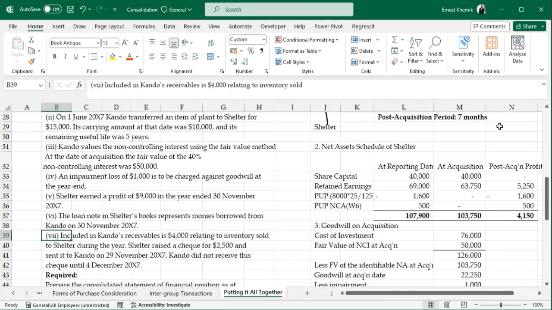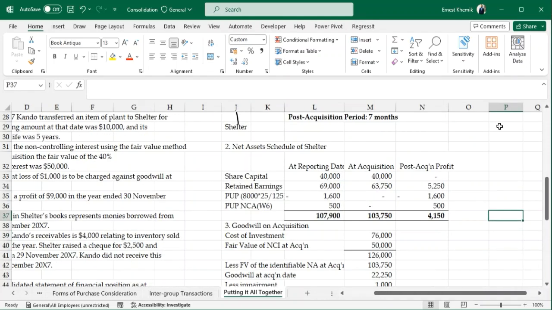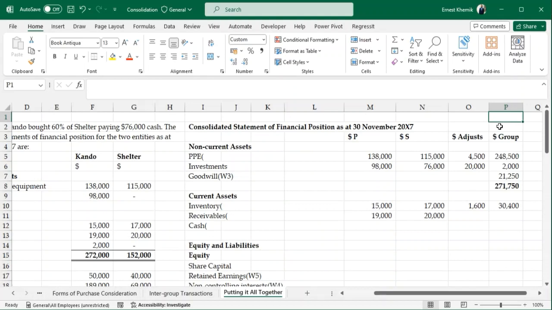Shelter raised a check for 2,500 and sent it to the parent. So if this is a receivable and we are paying 2,500 out of that amount, we are going to adjust it here. All right, so we are going to have,